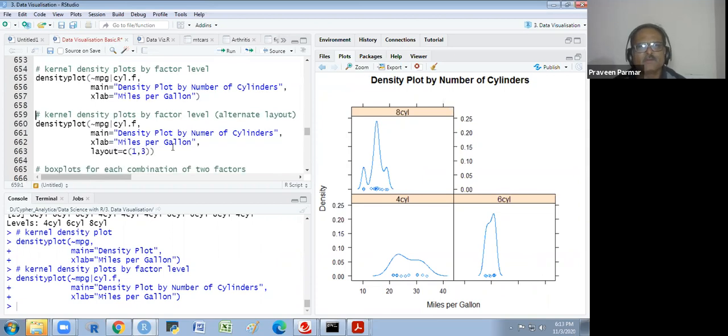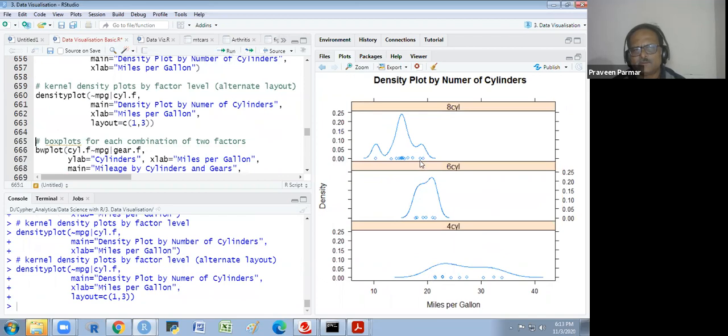Okay. And for the alternative layout we are using 1, 3. This is the default layout we have got. With 1, 3, in one row we get all 3 plots, 1, 2, and 3.